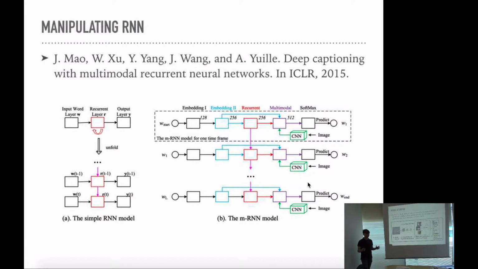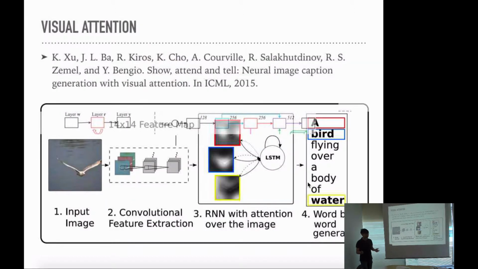Another way to improve the accuracy in the past works is attention, both spatial attention and also semantic attention. And one of these works is Show, Attend and Tell: neural image caption generation with visual attention. So what they've done is they look at different parts of the image and they come up with words to describe the image. So this uses attention.